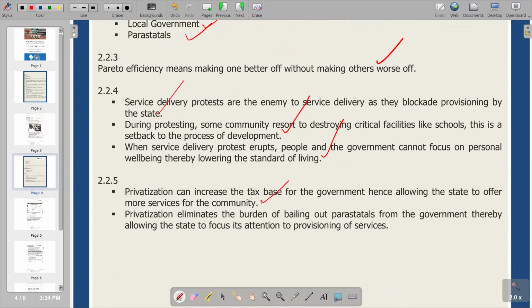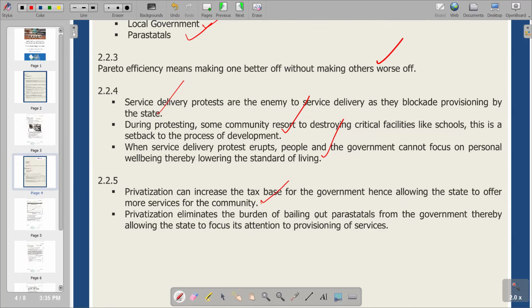So obviously, government is going to attain more revenue from those businesses that are under the private sector. So we have also second point, which reads, privatization eliminates the burden of bailing out parastatals from the government, thereby allowing the state to focus its attention at provisioning of services. So remember, when the public sector is supposed to be given funding, that's the bailing out. So when it's now privatized and the government